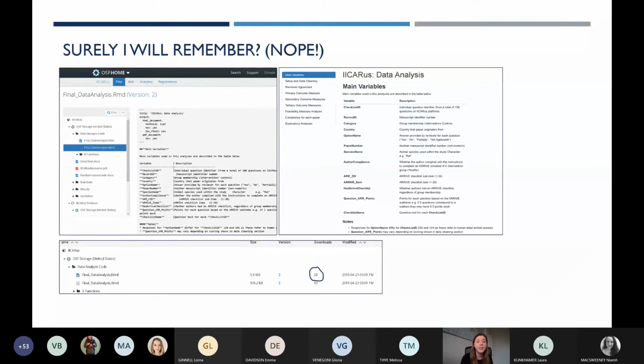But the reality is you really, really won't remember what you did. And all those little decisions and those little tweaks that you made, you really won't remember. So with programming, again, you can add in a lot of description that will help you later on. So this was again from a previous project, and the sort of detail that I include is things like what all the variables are. What do they all mean?